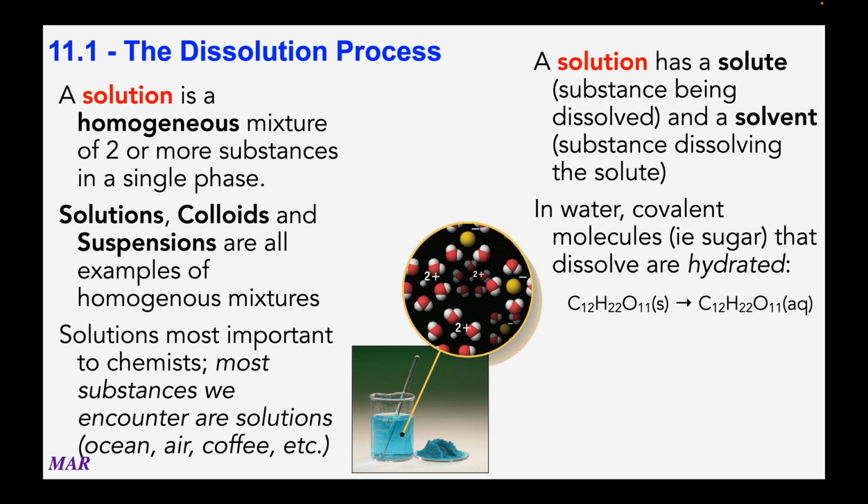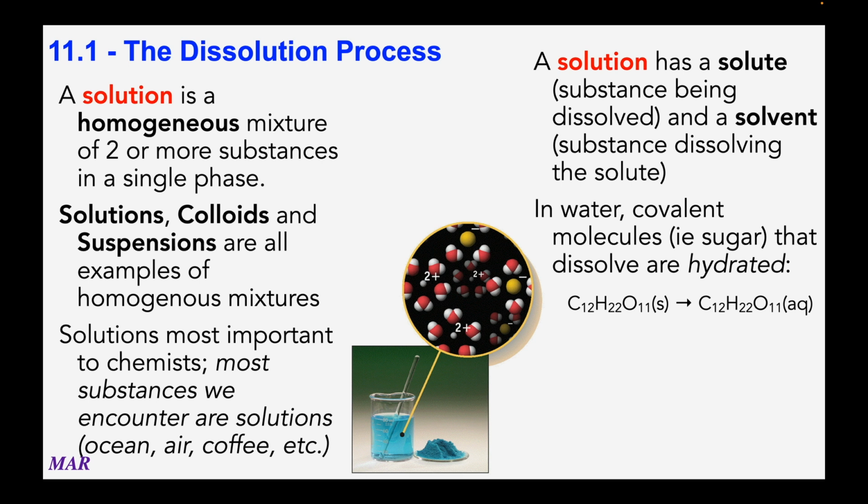A solution has a solute and a solvent. The solute is the substance that's being dissolved, quote unquote, and the solvent is the substance that's dissolving the solute. I don't really like either one of those definitions. It's hard to define solute and solvent. But here's the thing. If you take sugar, in the example there, and there are different types of sugar, but this sugar is